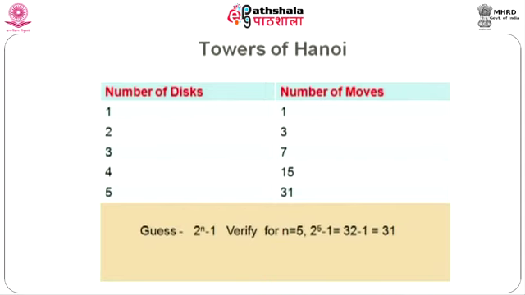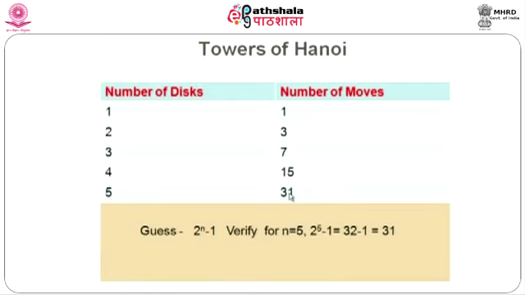So, now the question is like this: if we are given this pattern 1, 3, 7, 15, 31, can we find a function where this pattern can be represented? So, we have to make a guess. Fortunately, one such function is available, that is 2 power n minus 1. In other words, this is the function that expresses this particular sequence of numbers.